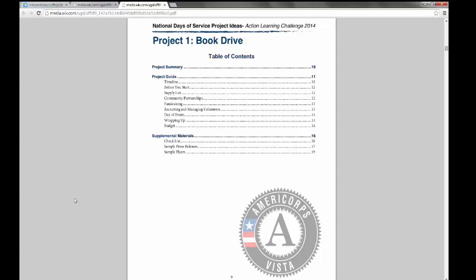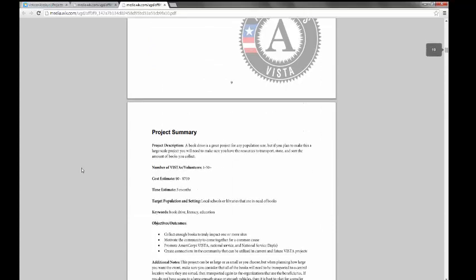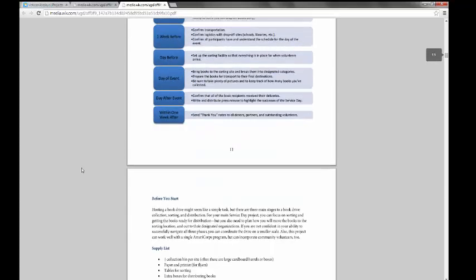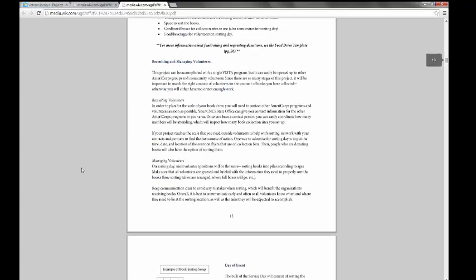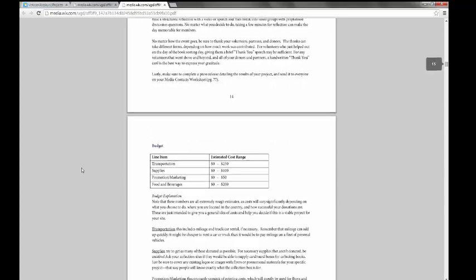All of our individual projects are set up the exact same way, so even though we won't view all of them today, you'll still be able to see how everything is the same in the layout that we've used. To get to the food drive project, in that large document, you can scroll to page 21.